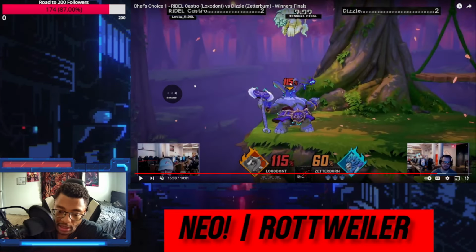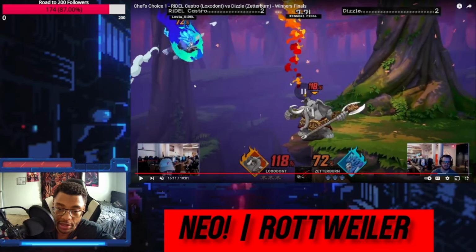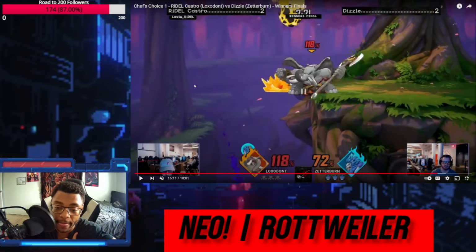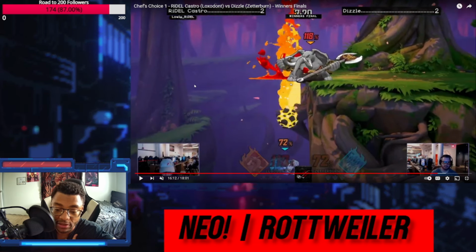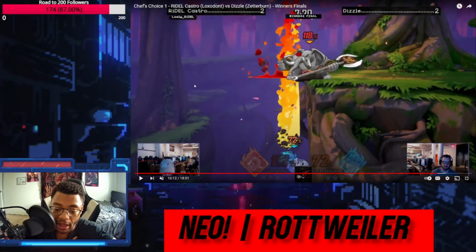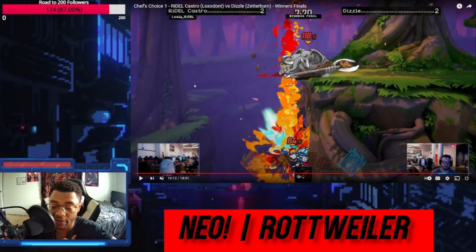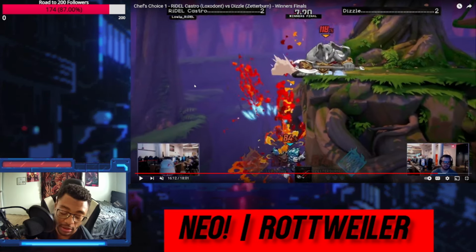I don't think Castro meant to do this, but he sets up another one of these edge guards like he's been going for throughout the set, but this time he misses the down tilt. Because he misses the down tilt, it allows the ball to keep falling, and it actually still hits its mark. I can't even explain to you guys how much hit stun is on this ball, but there's so much hit stun on the rock